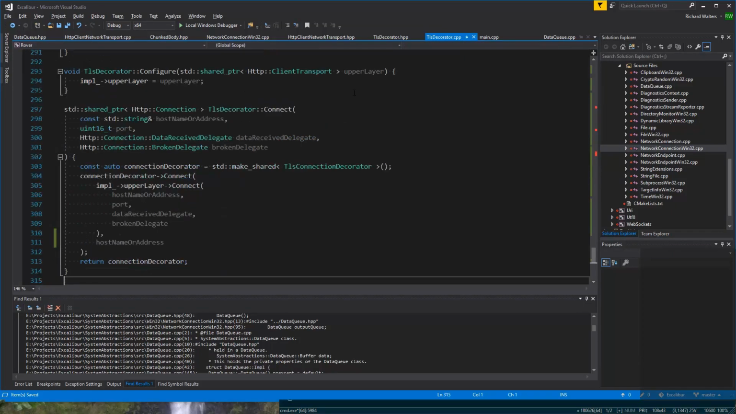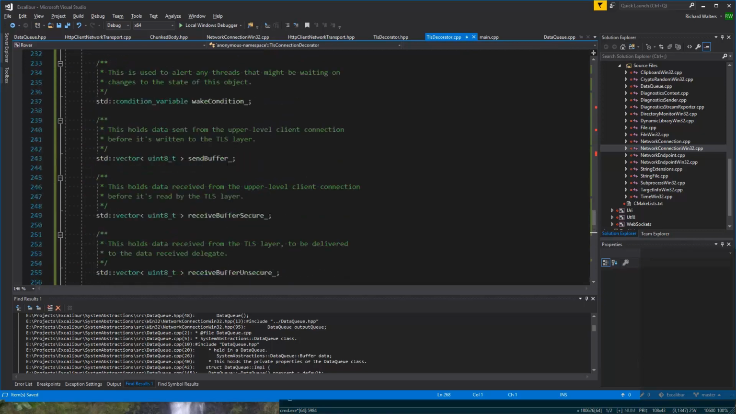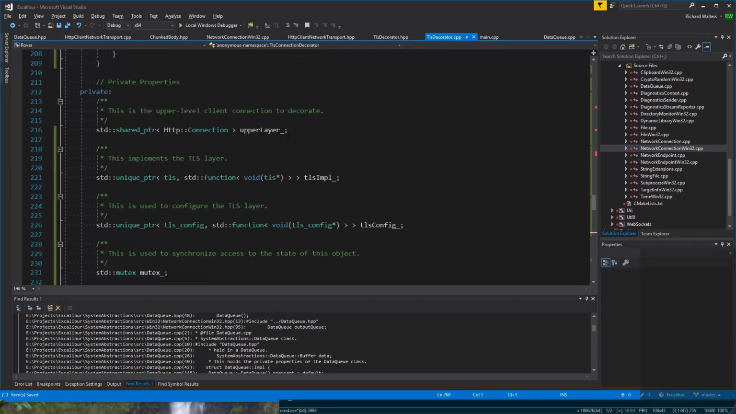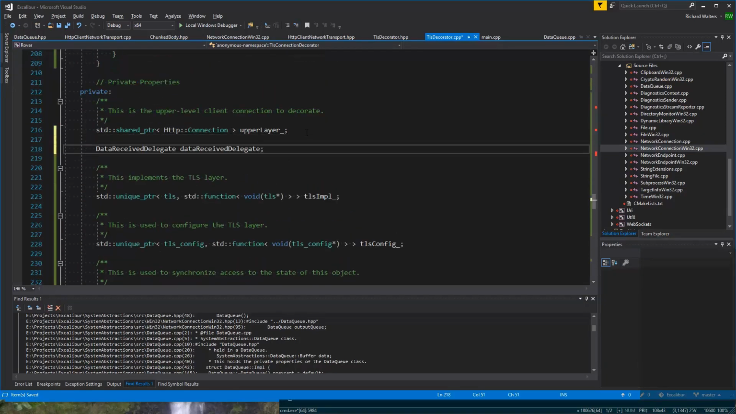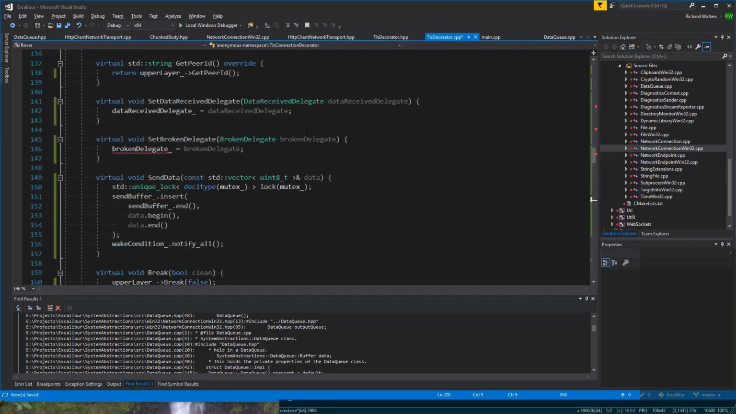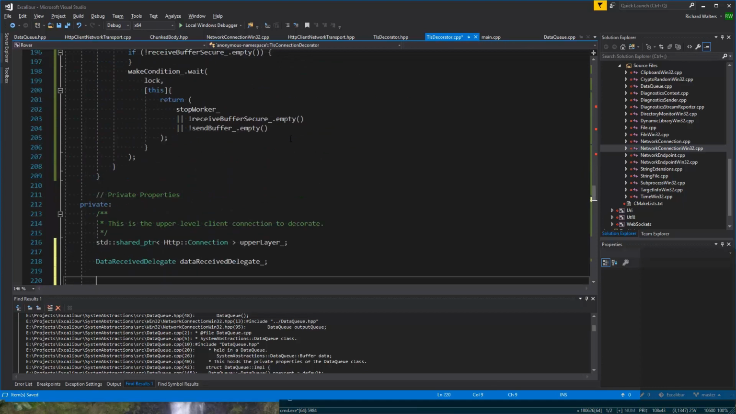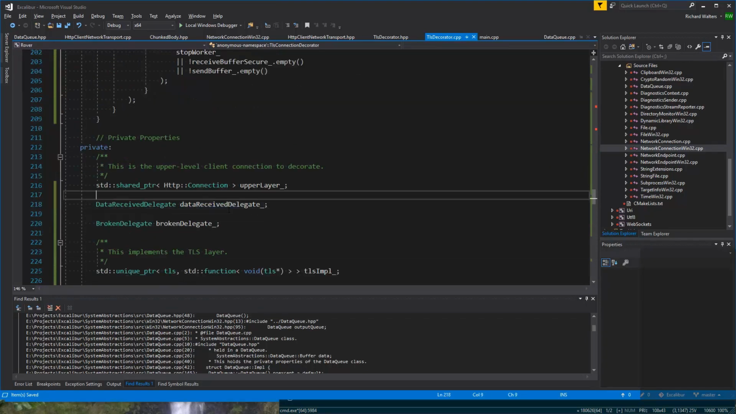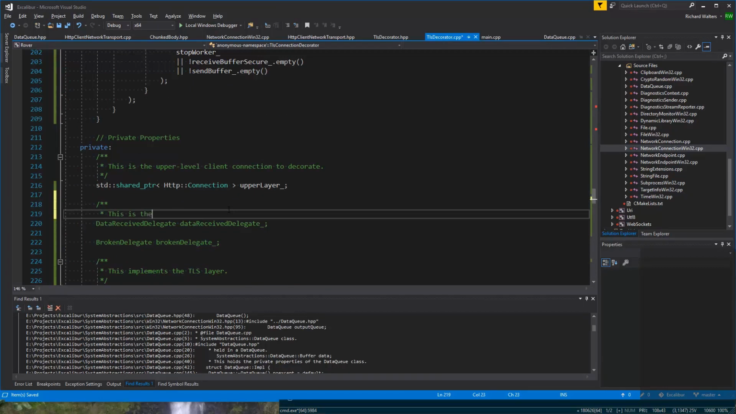So we have these right around here. And then the other one, this one. Okay, this is the method to call to deliver unsecure data received from